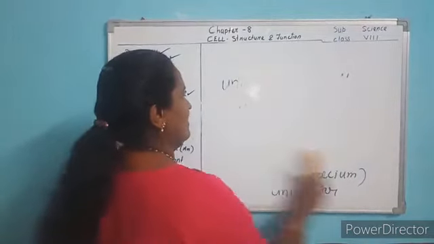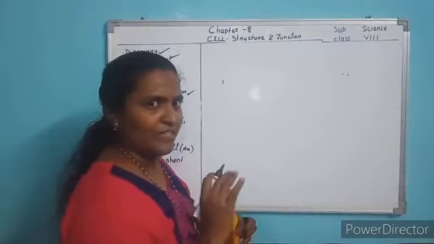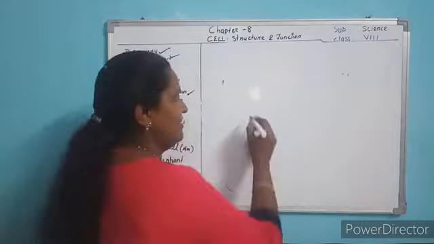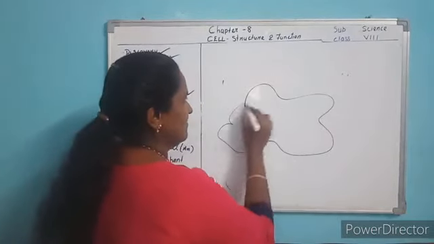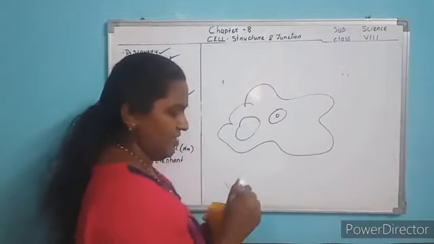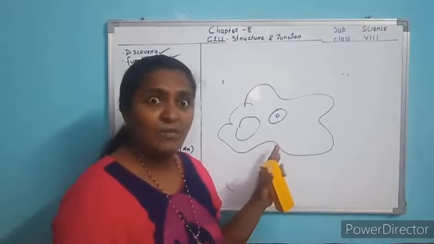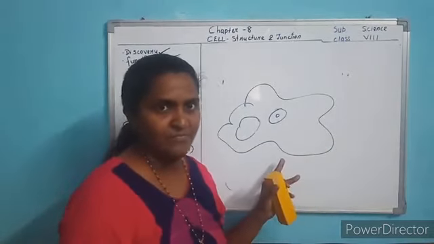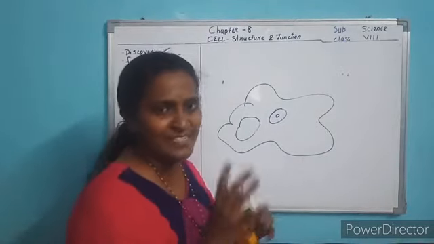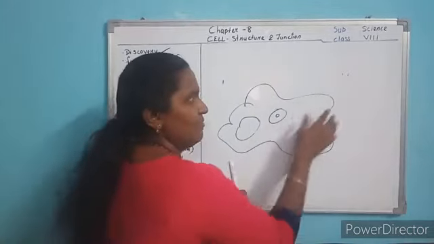Amoeba: the structure of amoeba is not fixed. Its shape can vary; from time to time it changes its shape. It has a nucleus inside. Sometimes the outer part is projected, like a finger-like projection. The outside will be bulged, again and again.